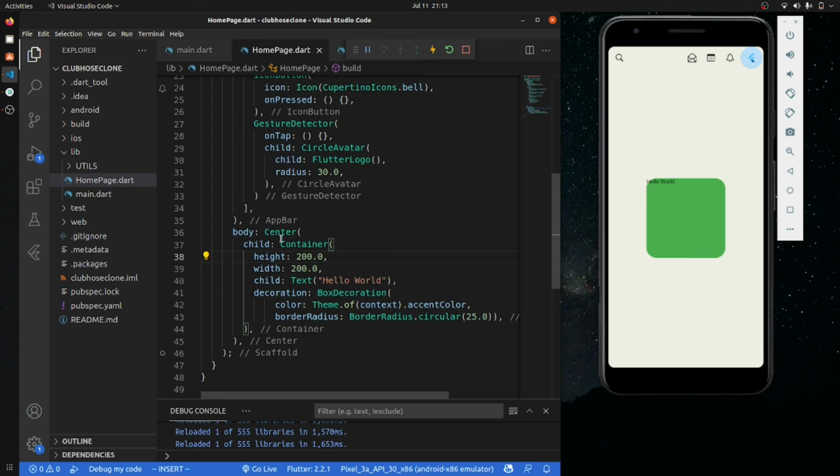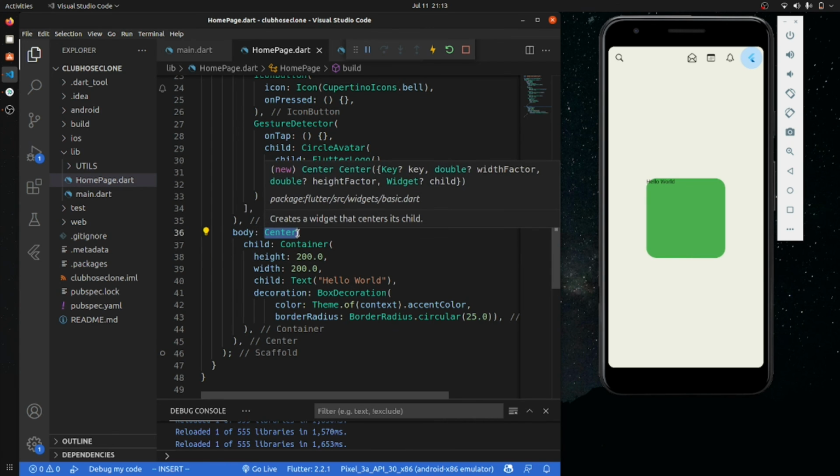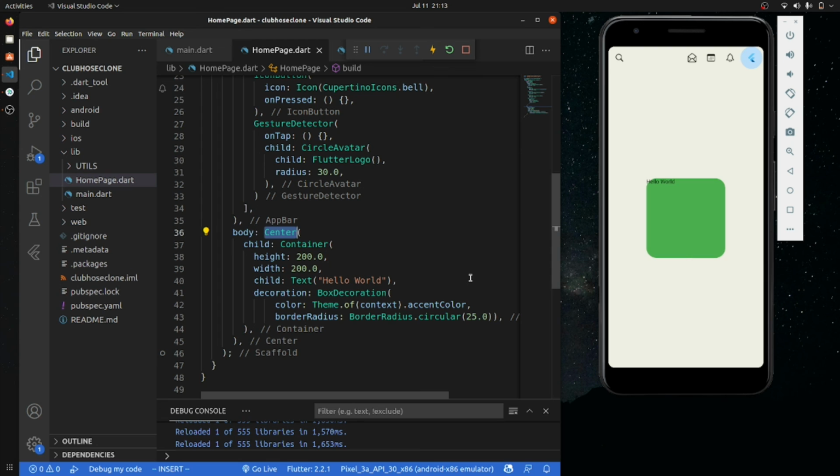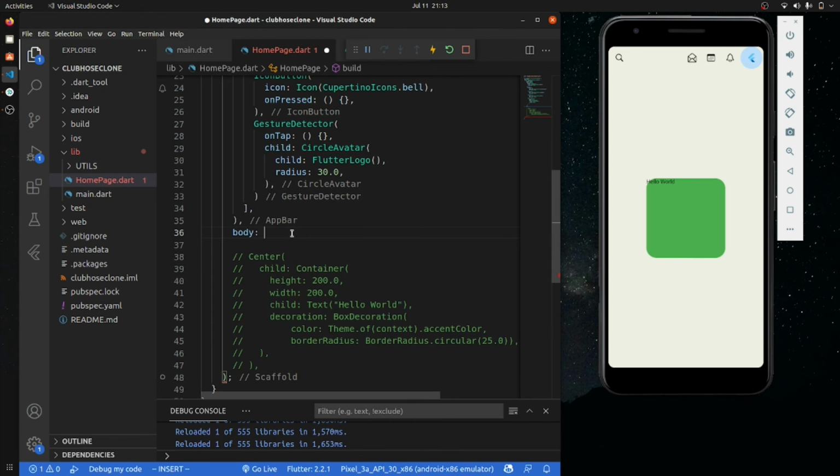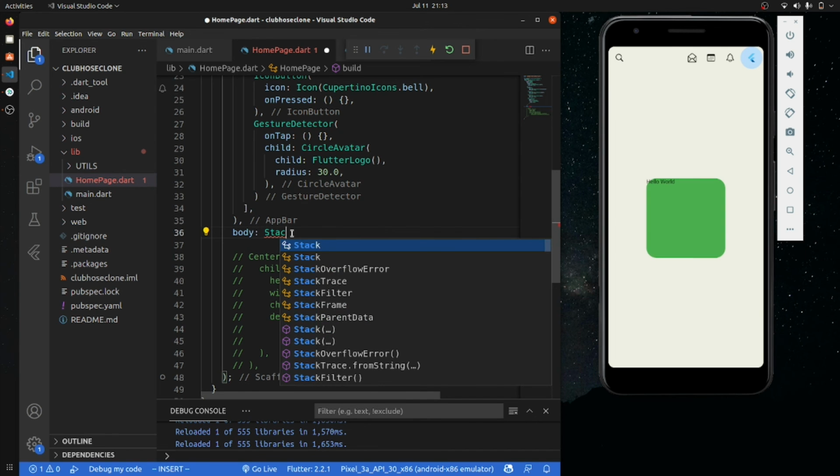So for that we have to go with the Stack, because the button is on top of everything. So for the time being, let's comment this thing, and we will use a Stack.